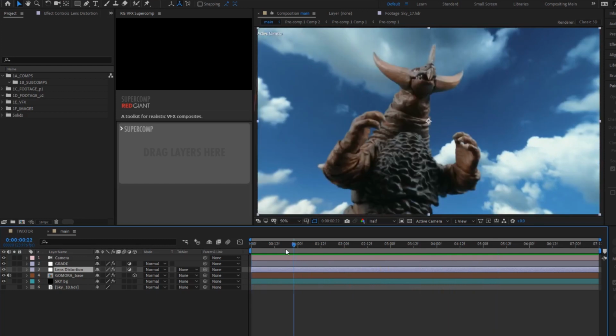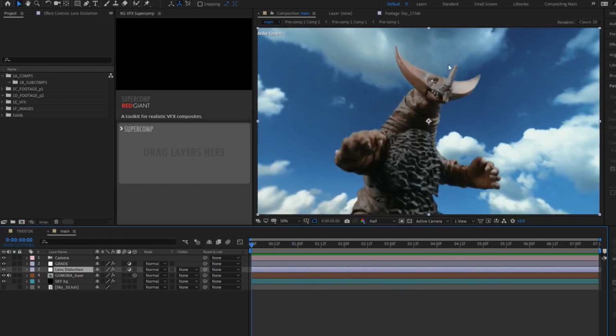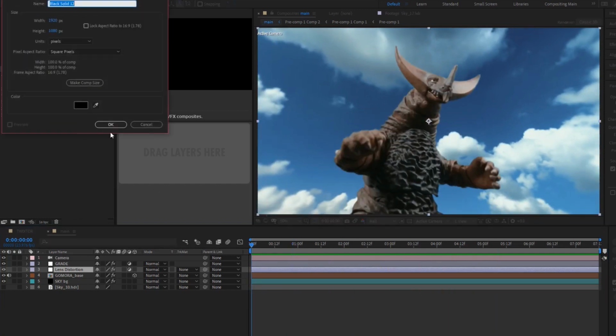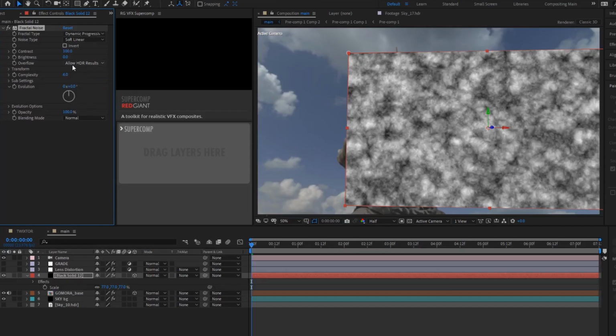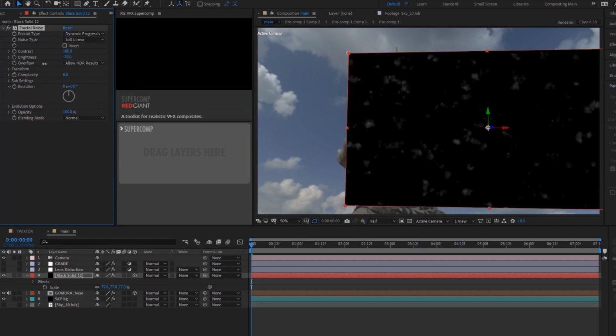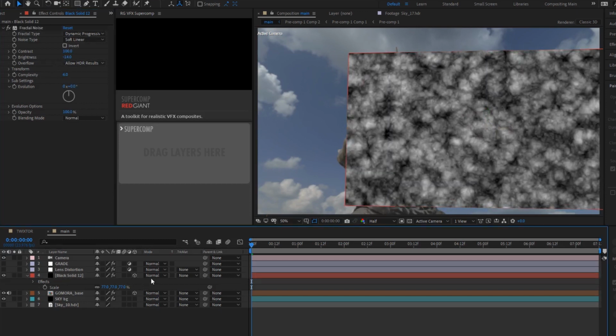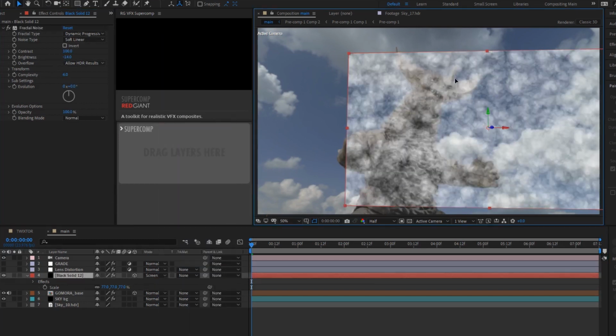First thing I did was work on the energy that would charge in Gomora's crests. I created a new solid and added a fractal noise effect. I changed the fractal type to dynamic progressive for a more energy-like look to it. I set the blend mode to screen and made it a 3D layer so the energy would be tracked to